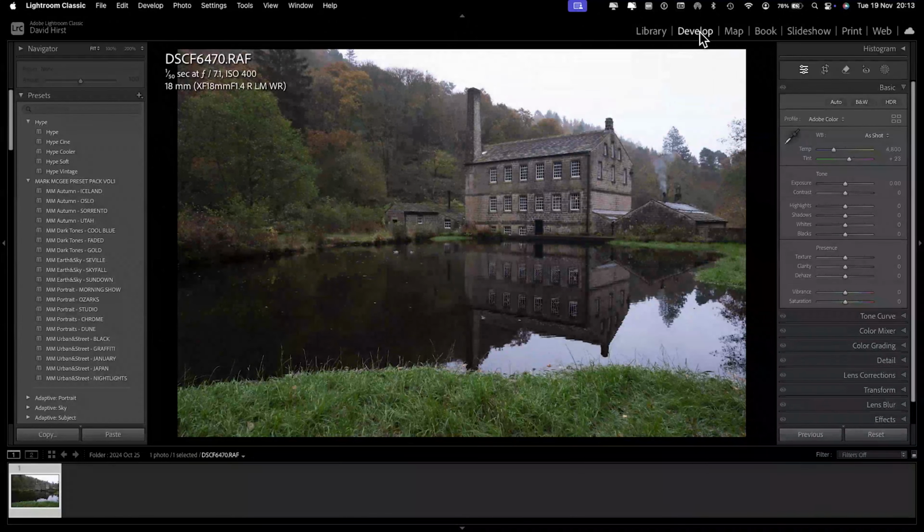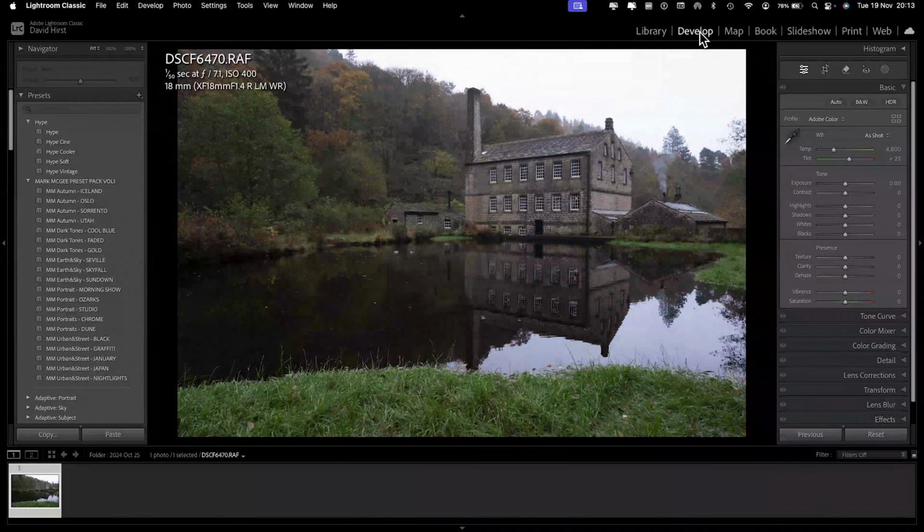Well, first of all, the sky, yeah. The autumn colour in the trees. There's quite a bit of autumn colour still left in the trees last week. And there's quite a bit of autumn colour in the water that you can't see because it's a raw file. I'd also think about wanting to crop it. So the first thing I'd do is